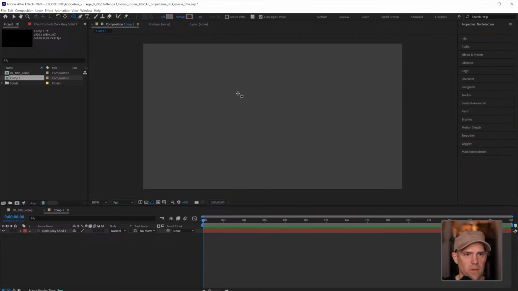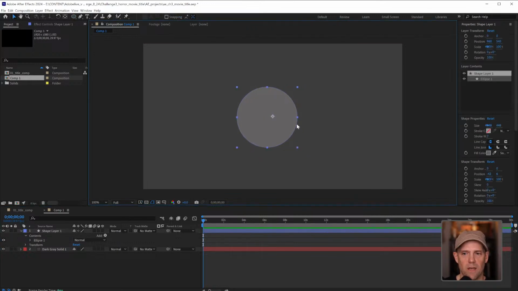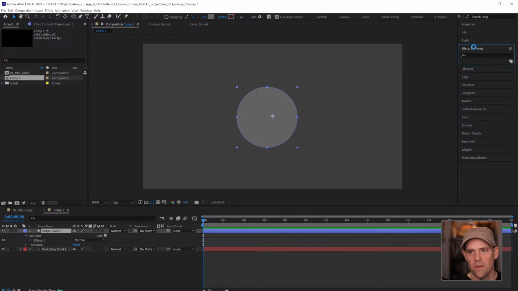Grab a shape, and I'm going to make one big circle. You've probably seen this effect. This is not anything I created, but it's super fun. I thought it'd be nice to add it to some type. Over in our effects,